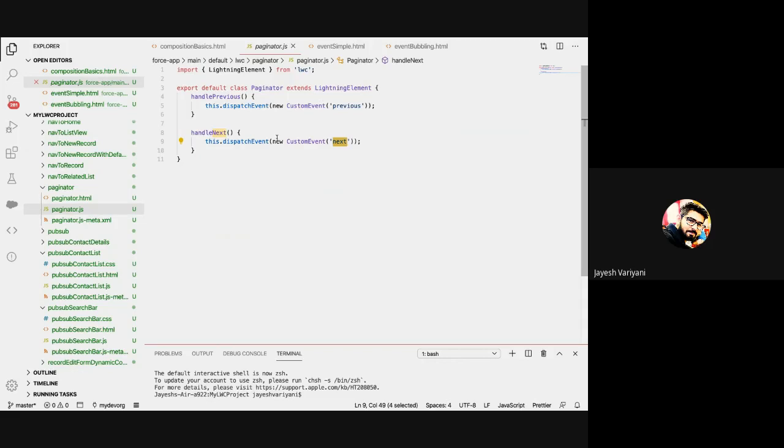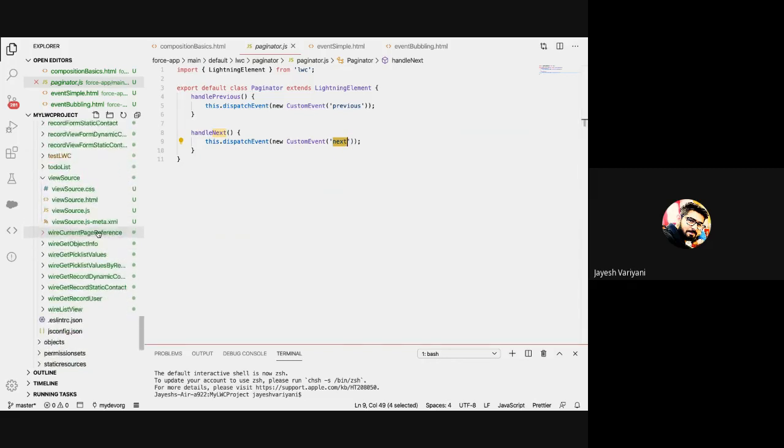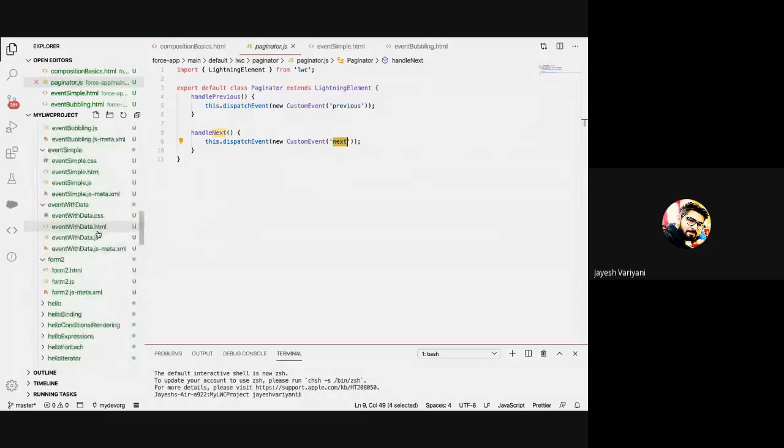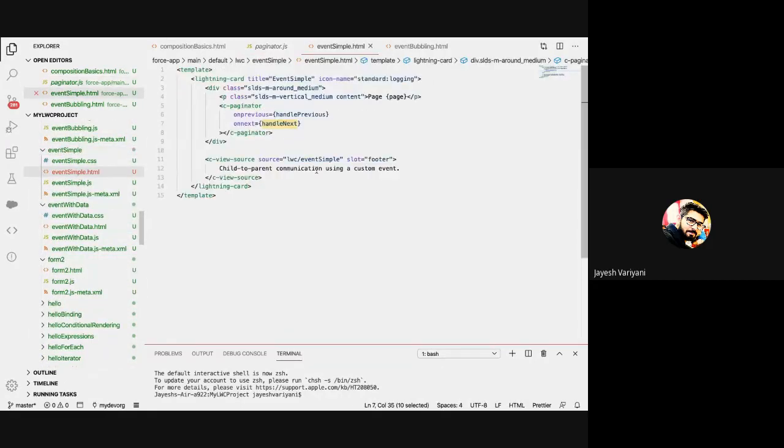Now this has just dispatched an event, right? It has just fired an event, in Aura terms. This event has to be handled by its parent, and our parent was event simple. So I go to event simple. It is a parent component, and it contains this child component.